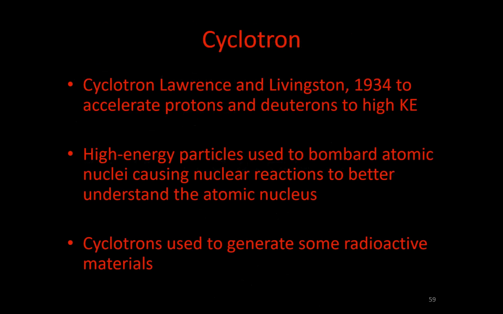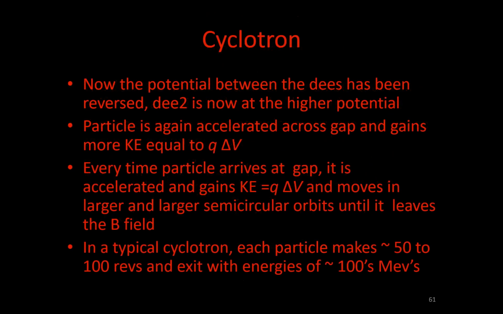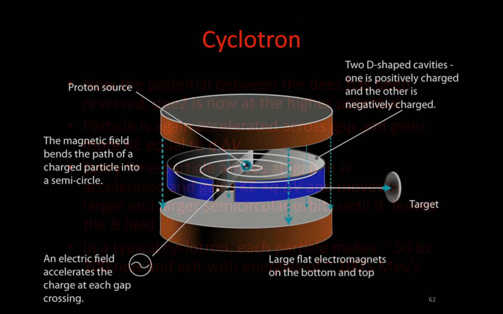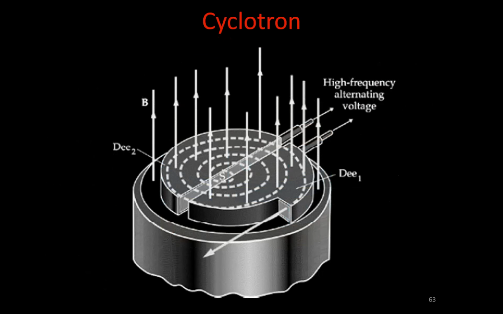So finally, again, I've truncated many things. The cyclotron is essentially a device which works on this principle and can use high energy particles to bombard atomic nuclei and cause nuclear reactions. These have been around since the 30s, and they essentially use two gigantic magnets to put particles into circular paths and accelerate them. So you're using crossed fields, magnetic and electric fields, to eject particles of the right velocity. And as I said,